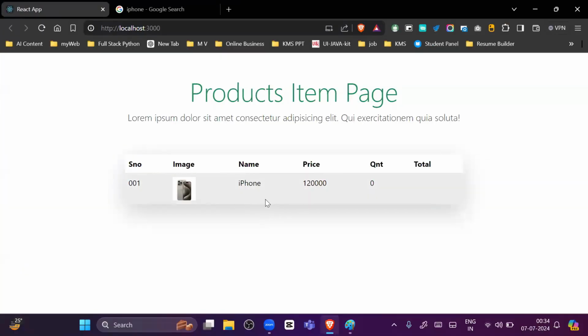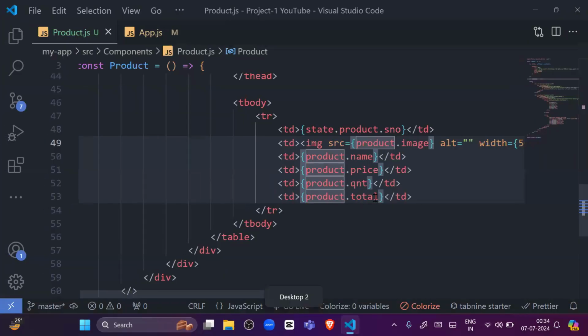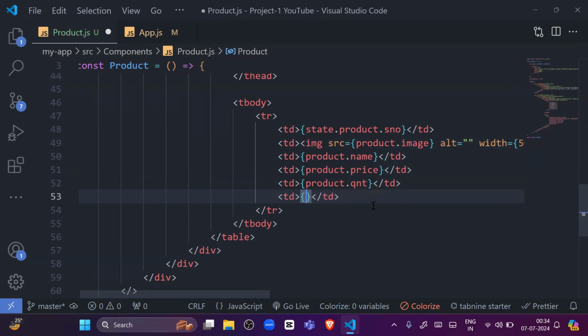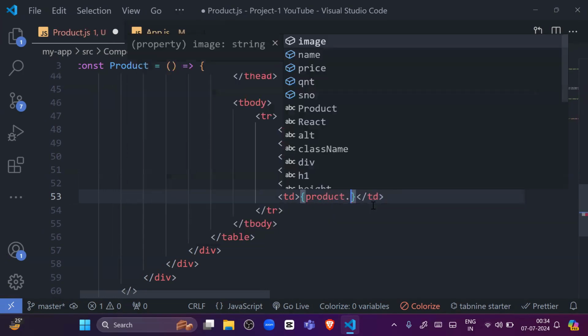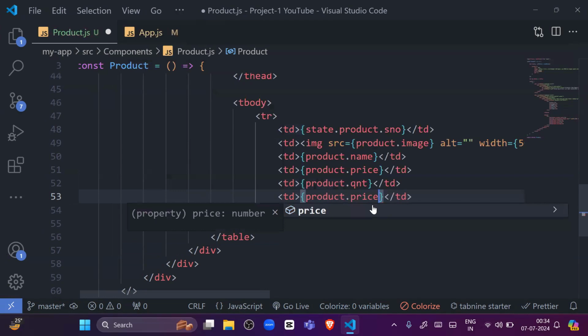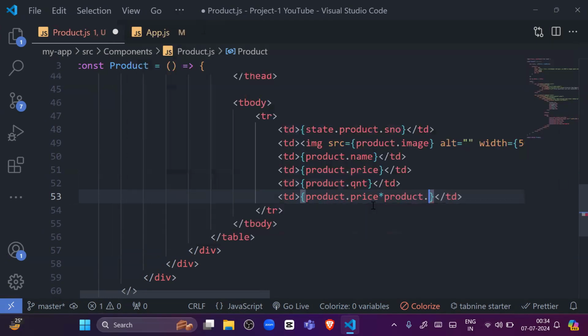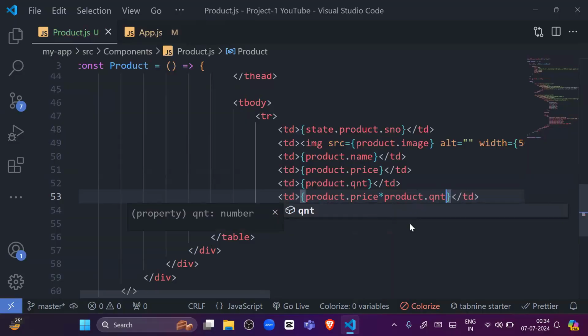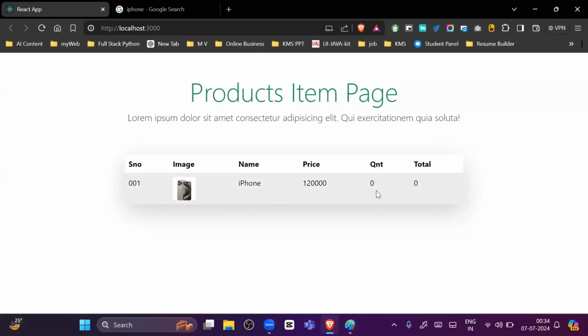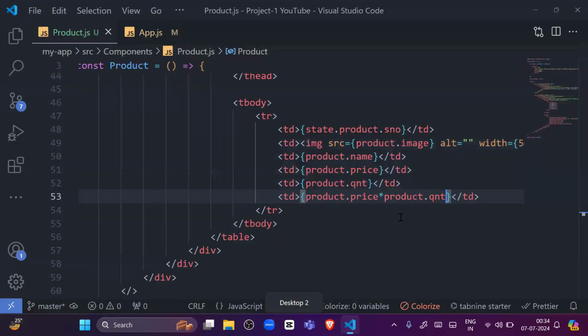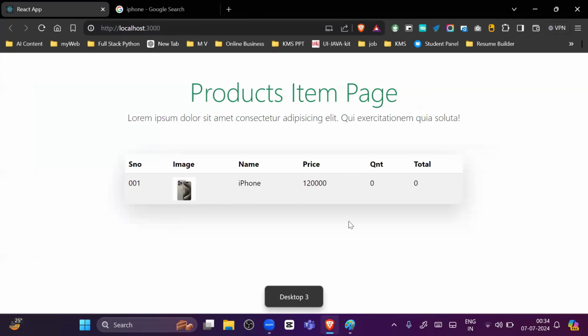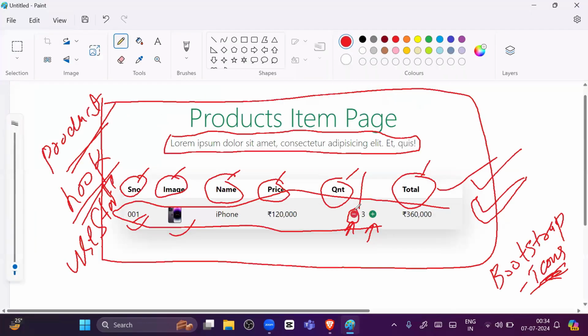Now our table is properly working, right? So how can we calculate the total? In order to calculate the total, we will simply write here product dot price, multiplied by product dot quantity. Quantity is 0, that's why total is 0, right? Now what we will create is the buttons for increasing and